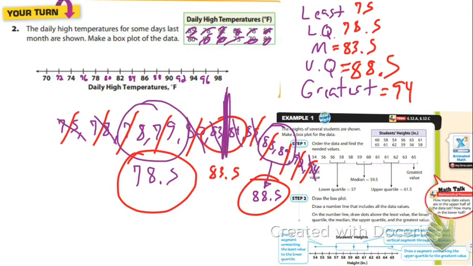So just keep that in mind. All right, so we know that our least value is 75. So that's where the whisker's going to start. 75, which would be right there. All right, let me use a small one here. Okay, 75, which is right there. All right, now it's going to go to, remember, our lower quartile, or Q1. That's where our box starts. And it ends at the upper quartile or quartile 3. So I need to start the box at 78.5,